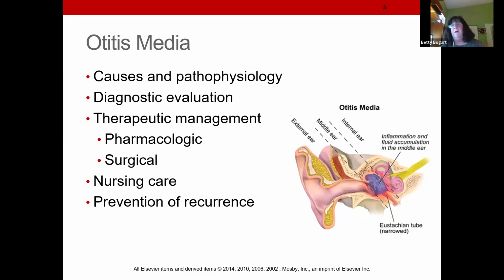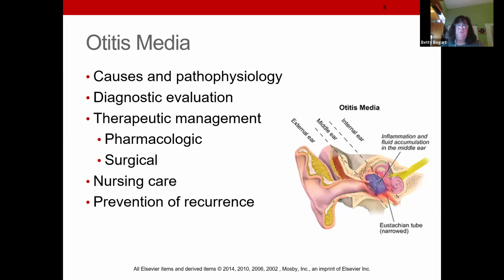Then after 6 months, we can alternate ibuprofen and acetaminophen. One of the most common surgeries is what in children? Tubes, right? Tubes, tonsils, adenoids. I mean, that usually all goes together. And that would be that child who's having chronic ear infections.